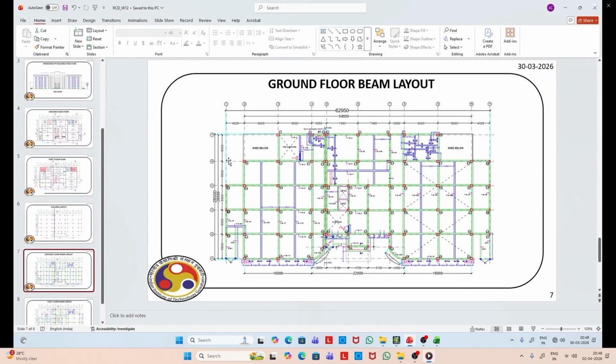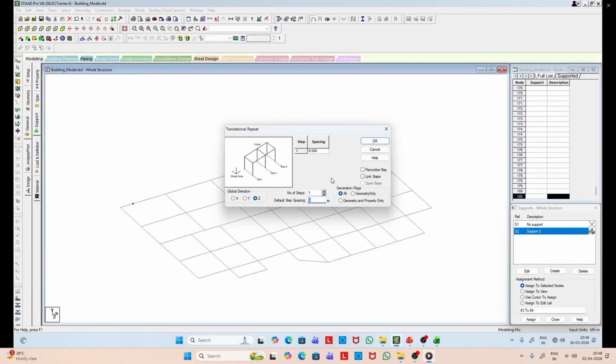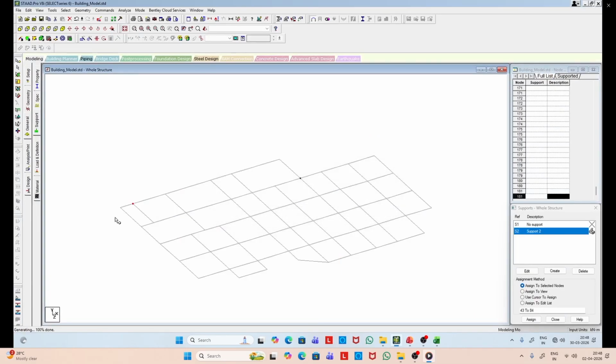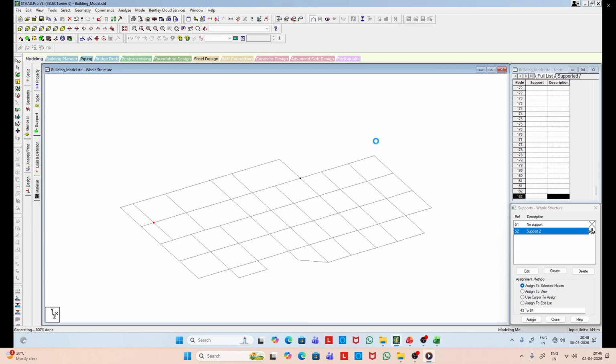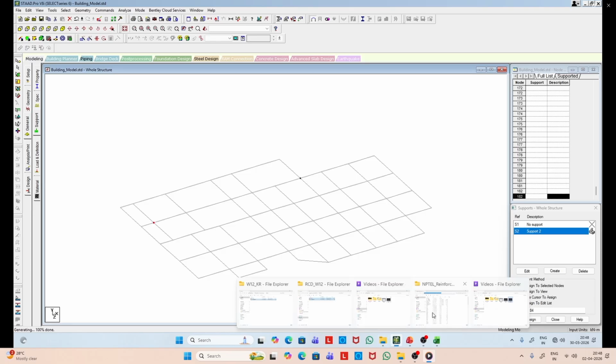Now the grid distance is 6 meter. So the next point is created. And now that line is ready.